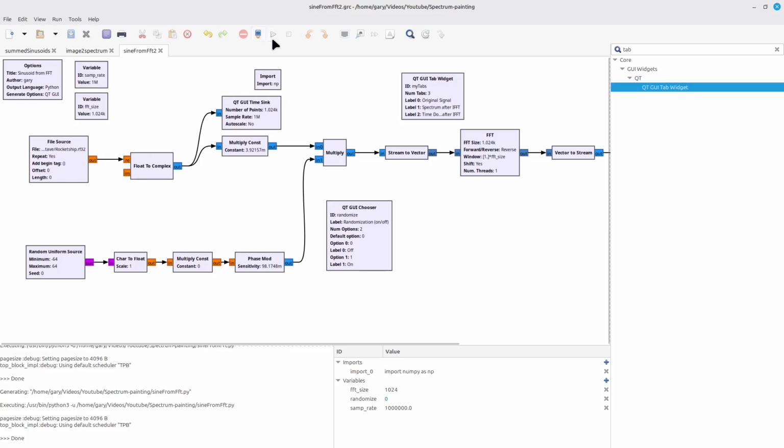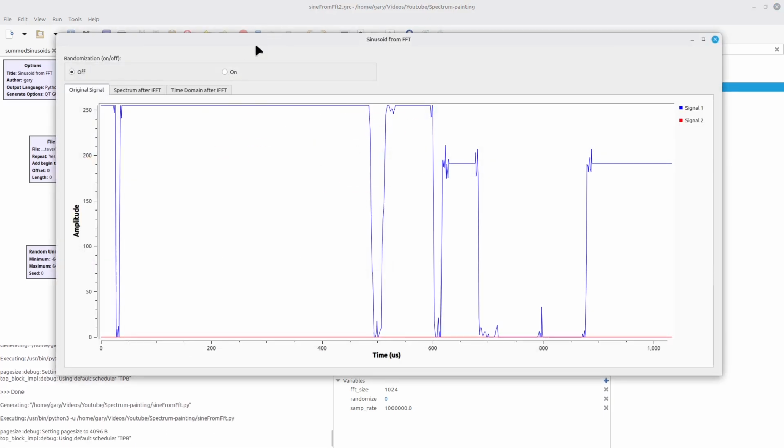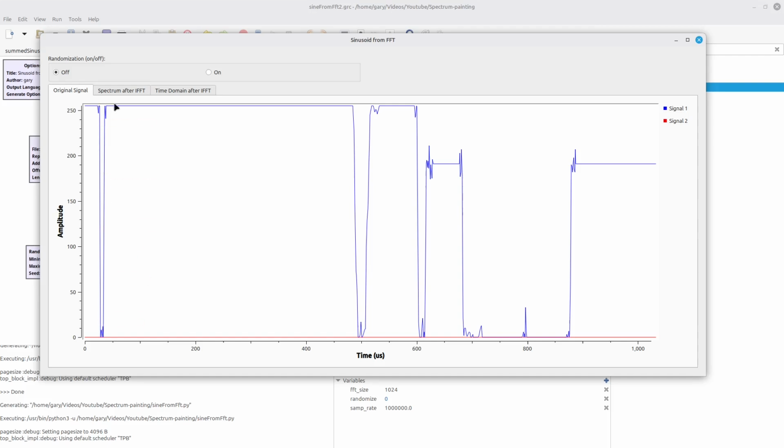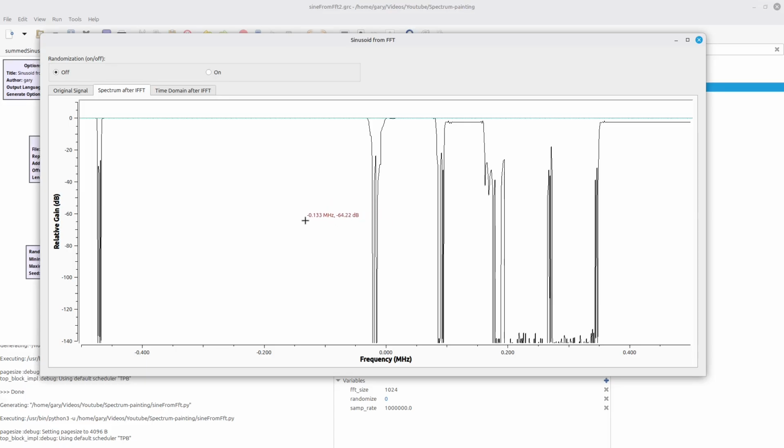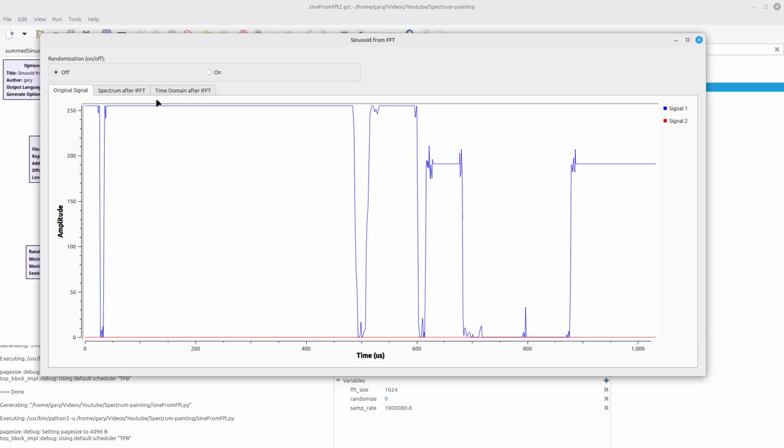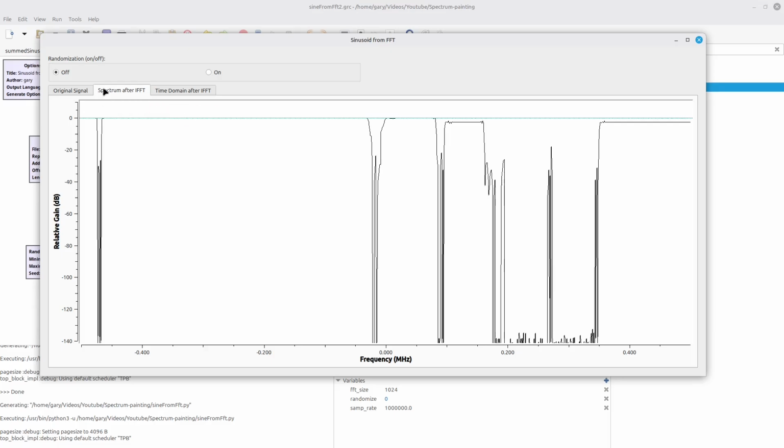So first, when we run this, initially what we're looking at is the actual original line itself. This is the one that should appear just as it did before, where I've got 255, the white, here at the top, black here at the bottom, and the various shades of gray in between. And when you look at the spectrum, this is what the spectrum looks like. Notice that it looks pretty much similar to what the original signal looked like, because again, I'm treating it as frequency domain data, and then I'm transforming it into time domain data.